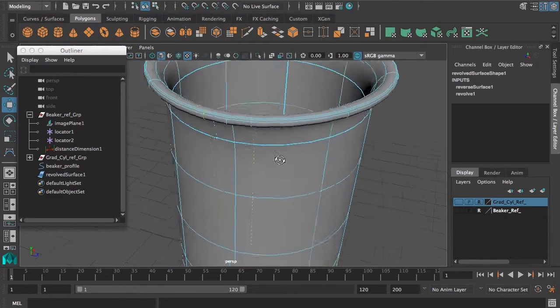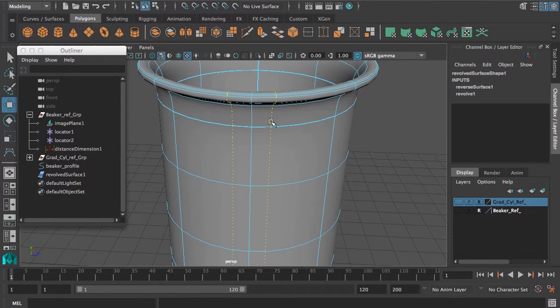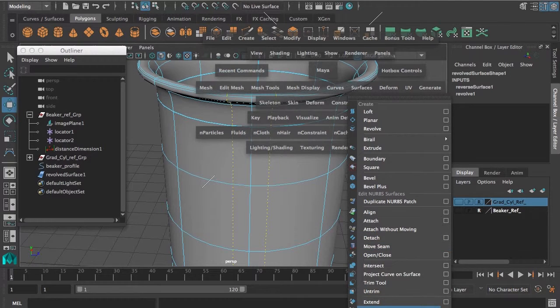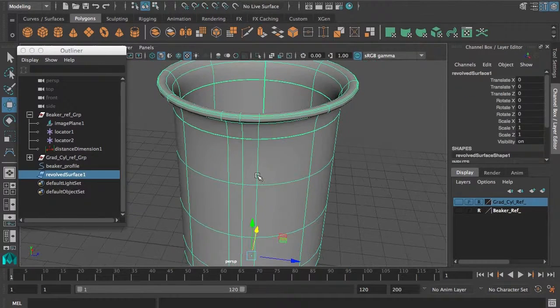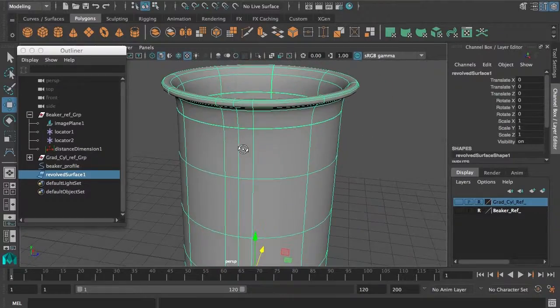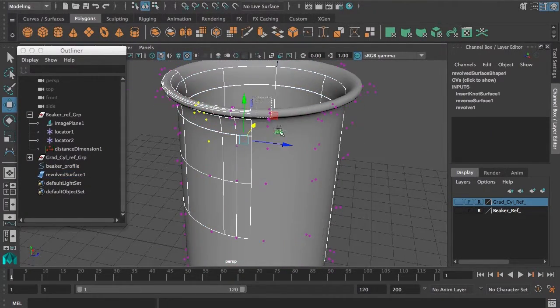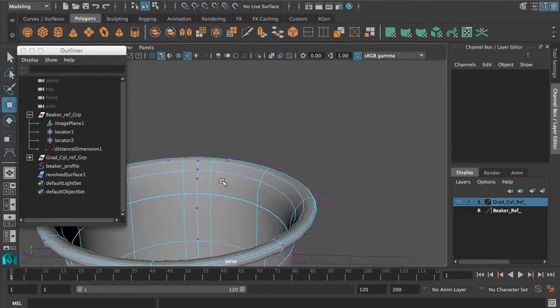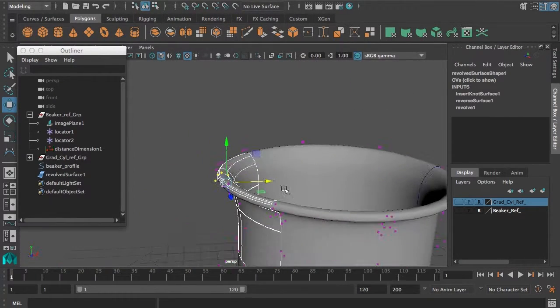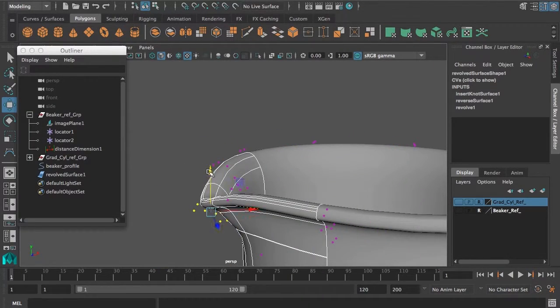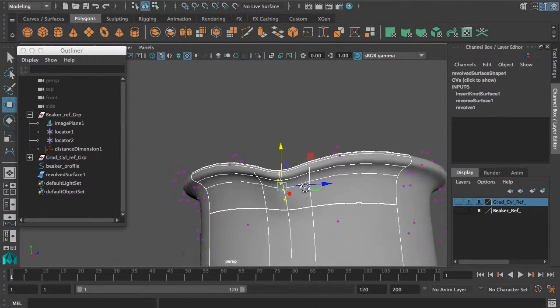Okay, so we've got our two isoparms previewed here, and so we can go under Surfaces, Insert Isoparms, and now we should get two new loops here. And if we go into control vertex mode, we've got these extra loops here. Grab some of these points, and scale them and move them and create something that's not totally beaker-like, but will suffice for this in-class